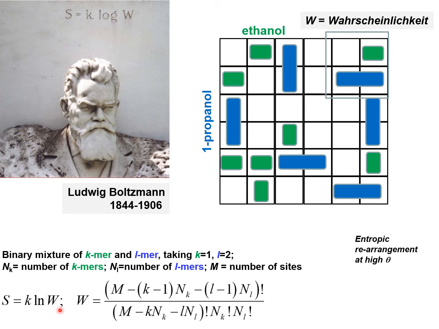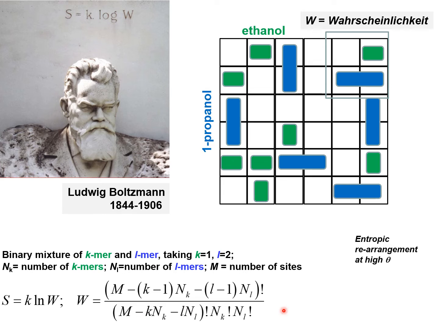S is k ln W, that is also engraved on his tombstone in Vienna. k is the Boltzmann constant, and for a binary mixture of a Kamer, green, and an Elmer, marked blue, the expression for W, Wahrscheinlichkeit,